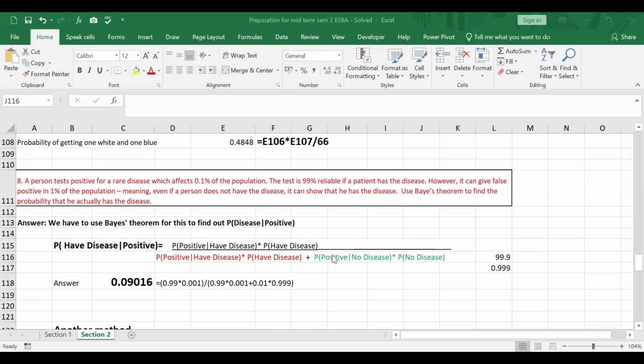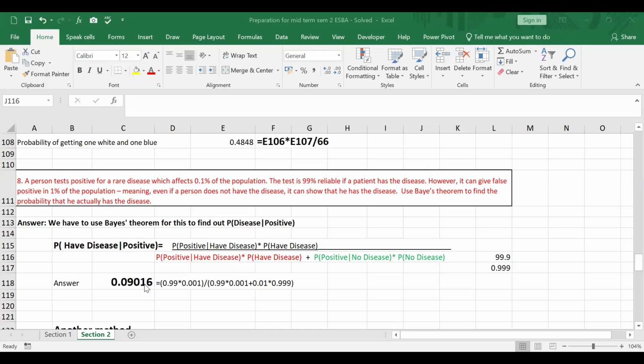Now P of positive with no disease is 0.01, because for 1% of the population it gives positive results, but that is for the people who do not have the disease. Only 0.1% have the disease, so 99.9%, or 0.999, do not have the disease. So the probability of people having no disease is this one. And you take this one, you get